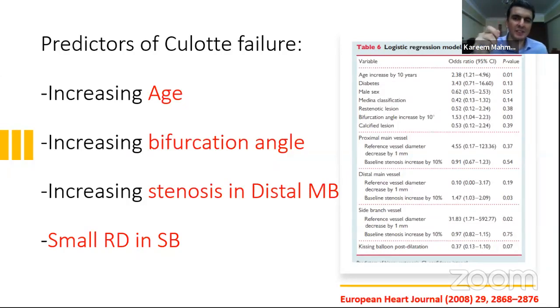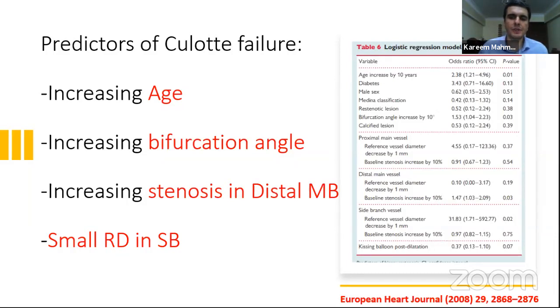If we decide to put a small stent and we do excessive balloon dilatation, we might lead to a stent fracture complication that we don't want to happen. So we should have a relatively matched side branch and main branch to use the Culotte technique in this situation.